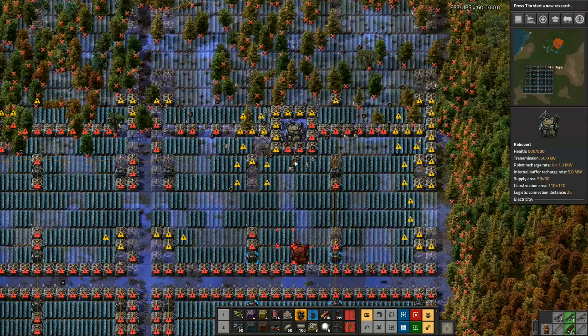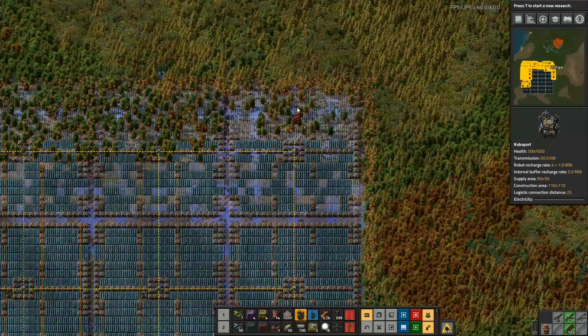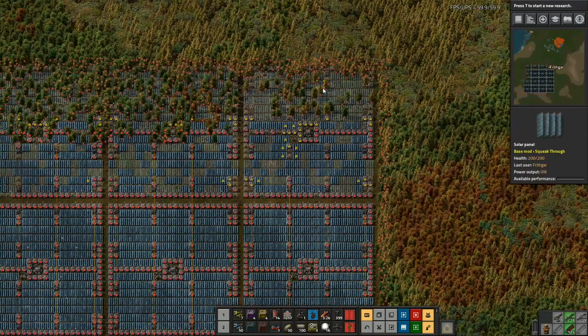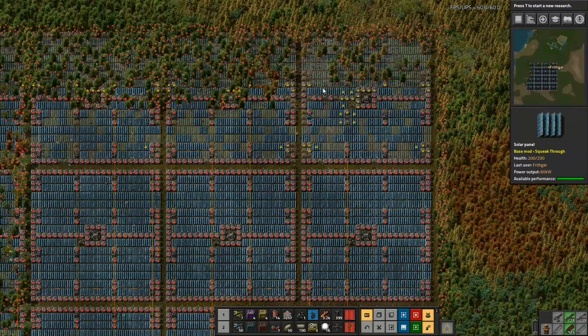The one thing with these roboports is that when you place them down here, they're on the very outside limit of where they can join up. So I could manually place down a couple of extra roboports just up there. And that would work quite well, because it would mean that...